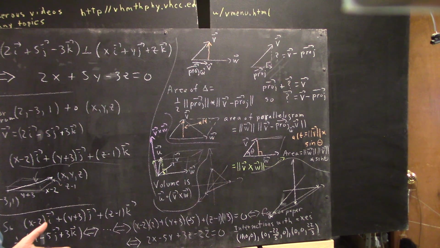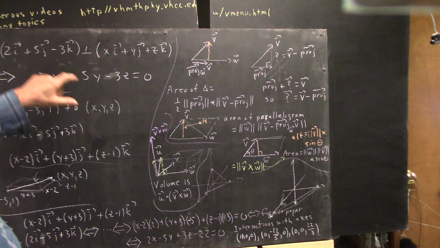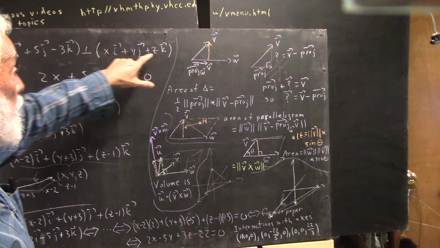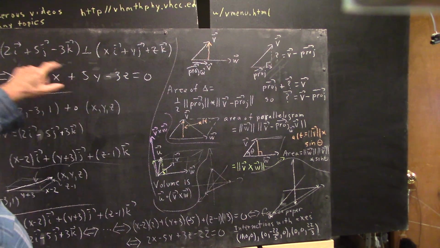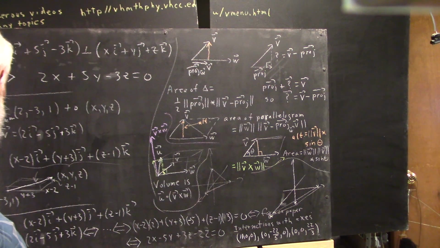Well, in this case, you simply take the statement of the problem and write down what it means. Okay? If this is perpendicular to this, then the dot product of this with this is 0. So,